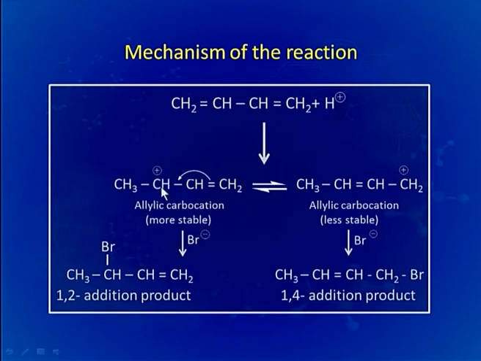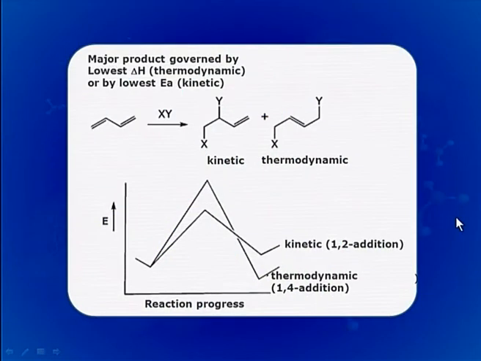Therefore, at low temperature, rate of formation of 1,2 addition product will be very fast and we will be getting 1,2 addition product as a major product. But at high temperature, when energy of activation can be obtained,